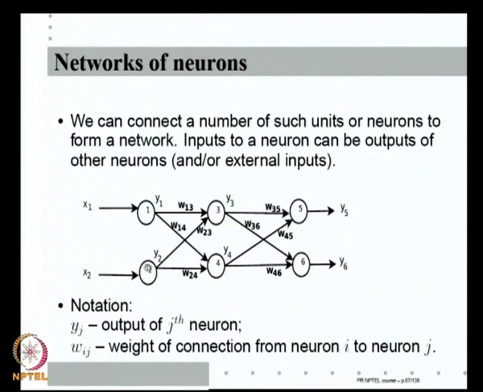Okay. So, again, y_j is the output of the jth neuron, and w_ij, that is our notation. So, w13 connects neuron 1 to neuron 3, w36 connects neuron 3 to neuron 6, and so on. So, essentially if you take this neuron, it gets some input from other neurons, calculates output. This output itself now forms input to some other neurons, and so on. So, there is a network like this.